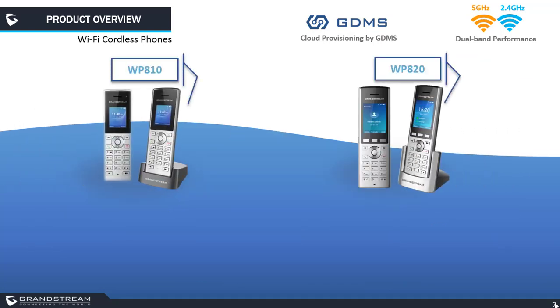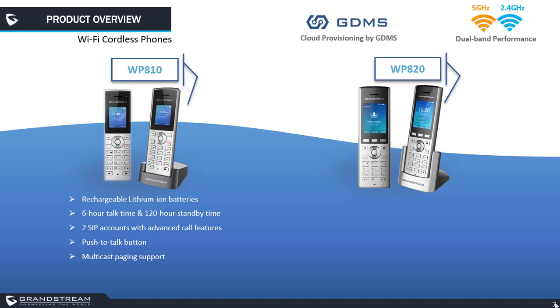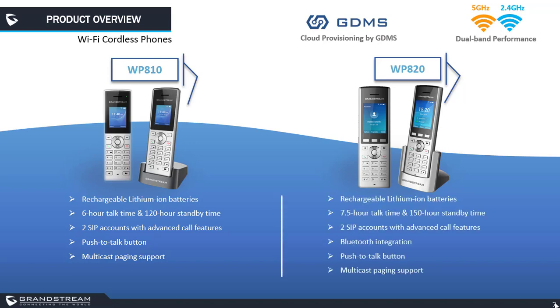All right, so in terms of the cordless options that support dual Wi-Fi, we have the WP810 and WP820. The WP810 supports key features such as push-to-talk and multicast paging, while the WP820 comes in a more complete package that includes higher battery capacity and also Bluetooth support. Both devices can be used by roaming employees such as school administrators, warehouse workers, or even executives to perform multicast pages using the push-to-talk button built into the